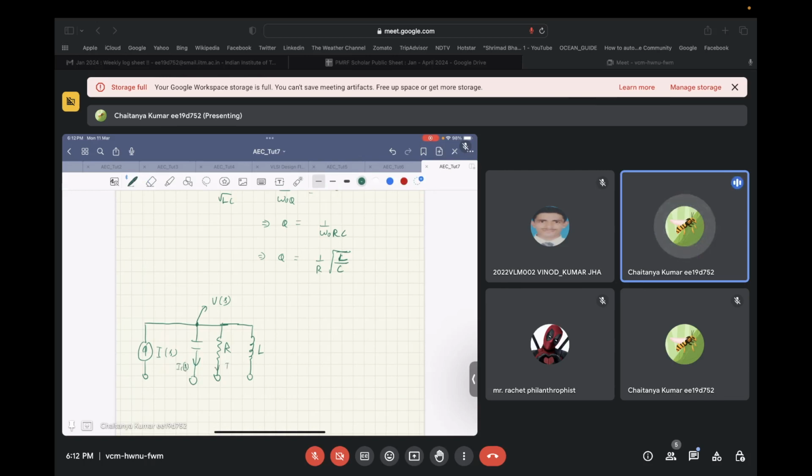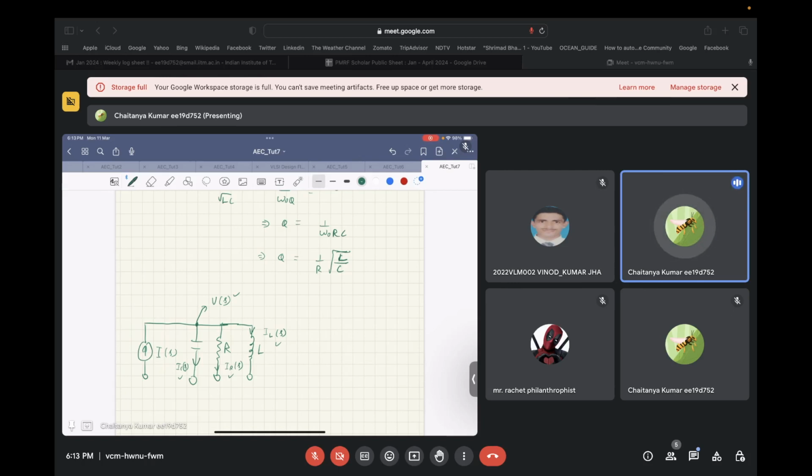Then we have I_R(s), the current that is going into the resistor. And we have I_L(s), the current that is going into the inductor. So at very low frequency, we will try to explore which of V(s), I_C(s), I_R(s), or I_L(s) is going to behave as a low pass transfer function. So at very low frequency,